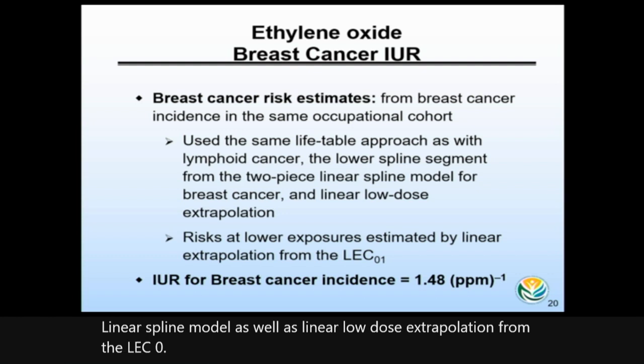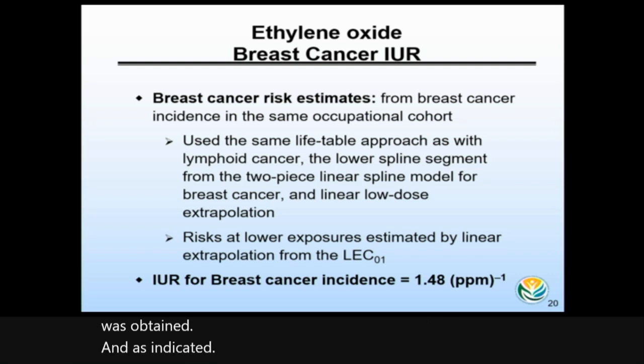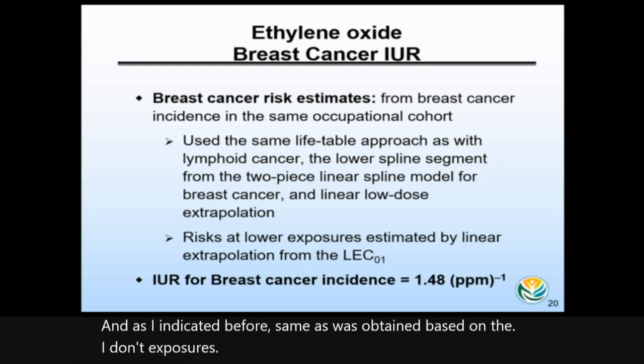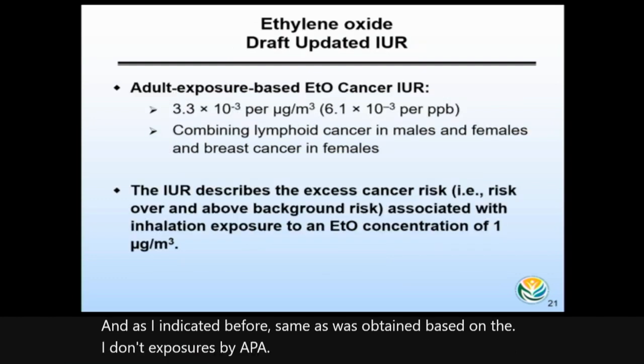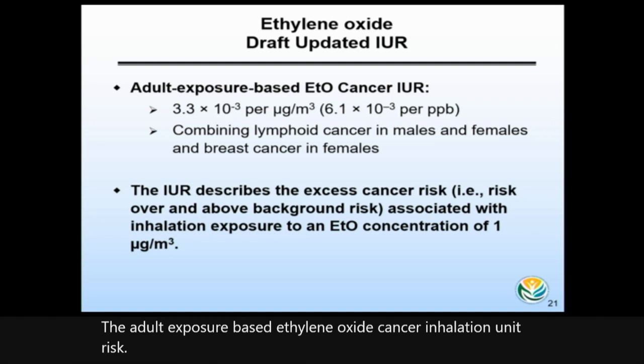An IUR for breast cancer incidence of 0.148 per ppm was obtained, and as I indicated before, same as was obtained based on the adult exposures by EPA. So the adult exposure-based ethylene oxide cancer inhalation unit risk is 3.3 × 10^-3